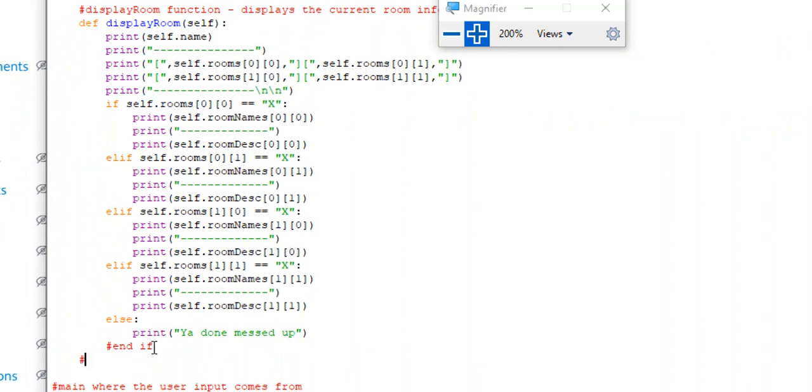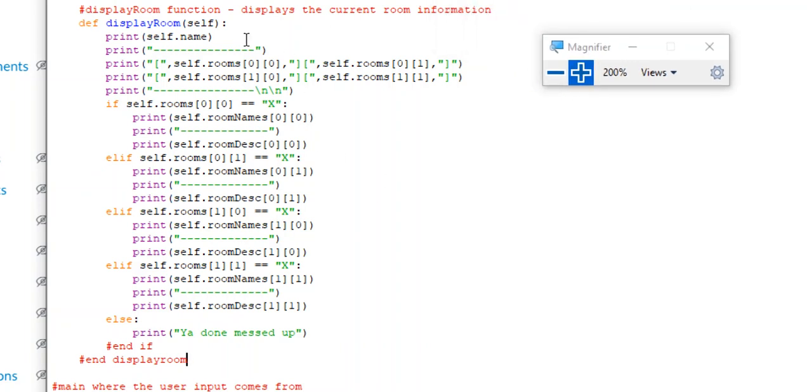Let's see, I guess that would be the end of display room. This would be what I would build next, simply because we want to display the map itself. So before we even get the move working, this will be like number 2 to build. So as you can see, we've got